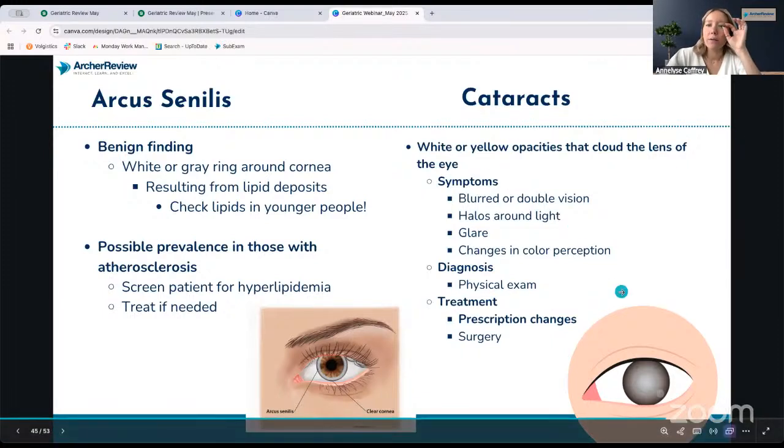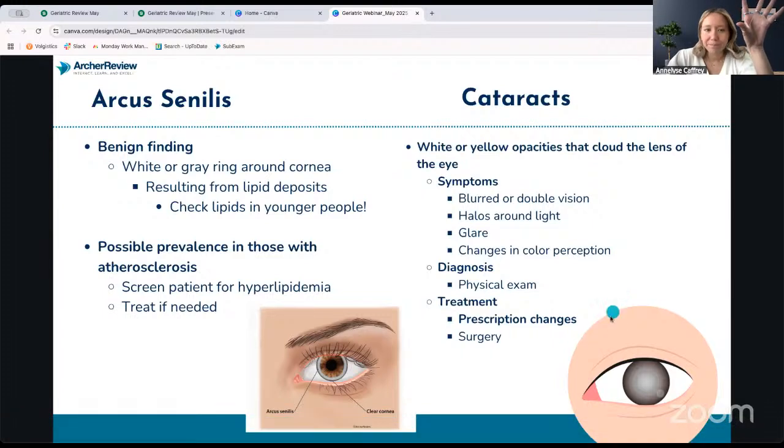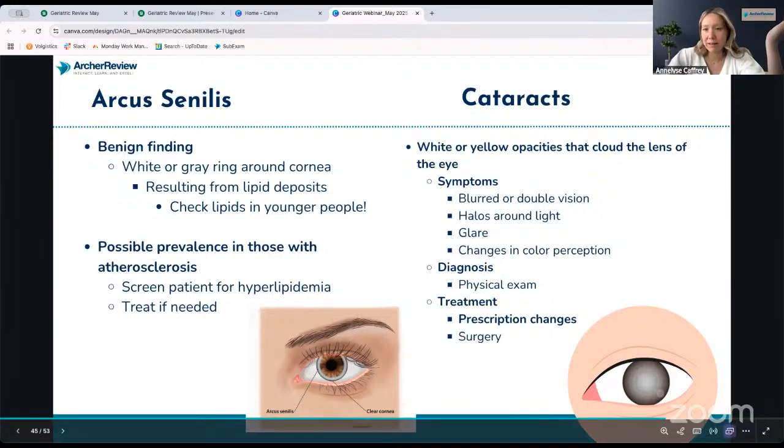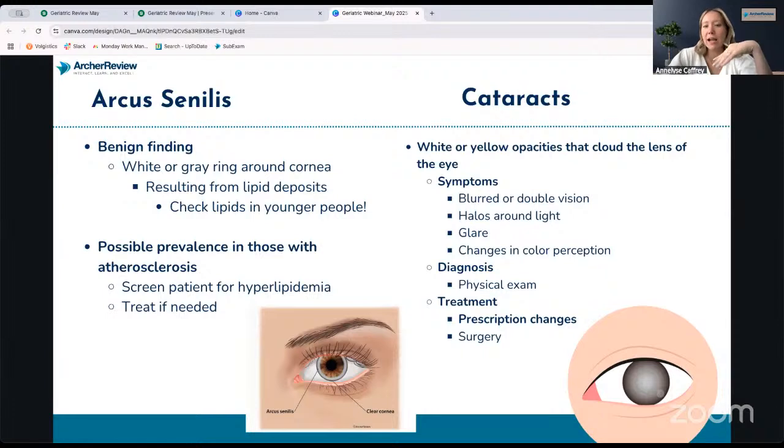Then you have cataracts. That's where their eyes just look cloudy. It's most common in the elderly. 50% of people over 80 have cataracts. So it is pretty common, but it can affect their vision. It can make their vision blurry. They can see halos, and it muddies up the colors in their vision. So this is usually what you refer out to an eye surgeon to see if they want to remove them with eye surgery if it is affecting their vision.